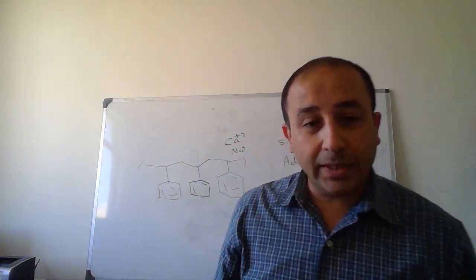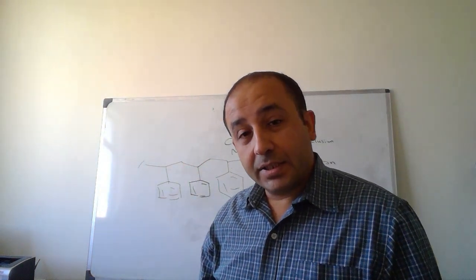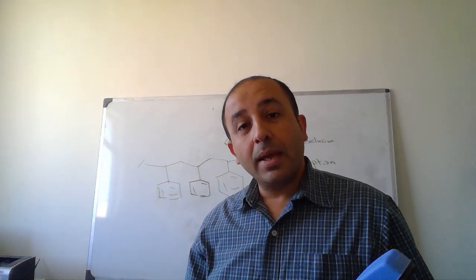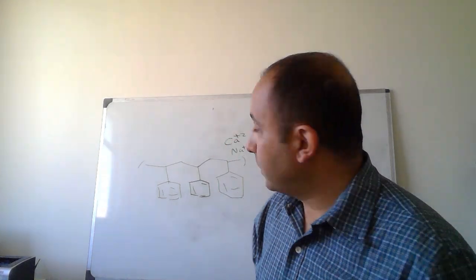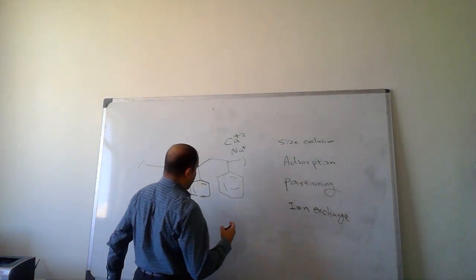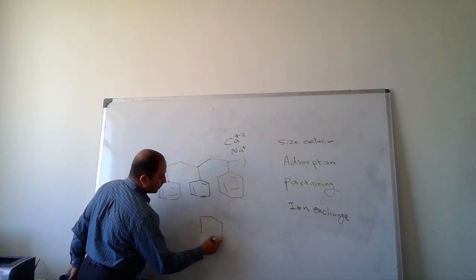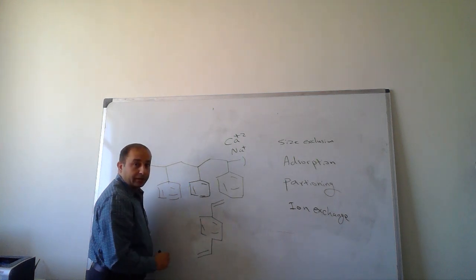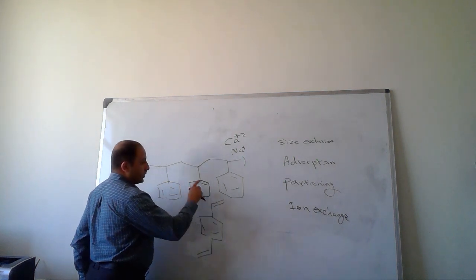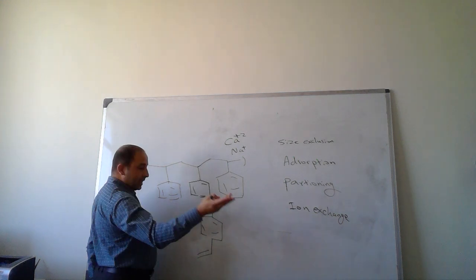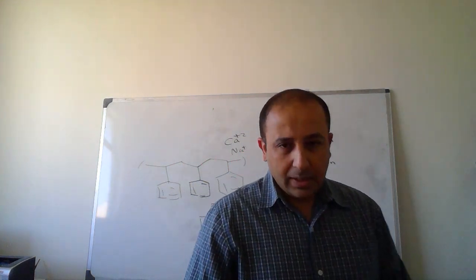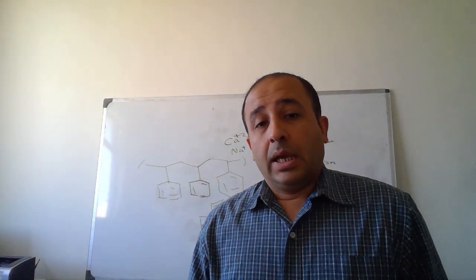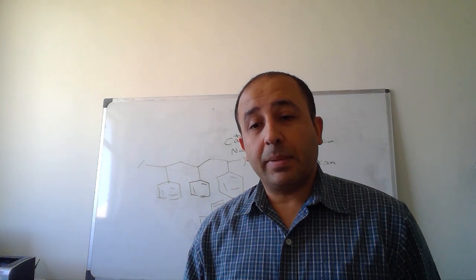In order to cross-link it, you need entities to be immersed in this thread and capable of forming interaction with the next thread. One of the good candidates is divinyl benzene. This is divinyl benzene. It has double bonds, upward and downward. We have this to make a thread, and this to make a link with the next thread of polymers. Anyway, this kind of polymer is very good for a stationary phase, particularly in